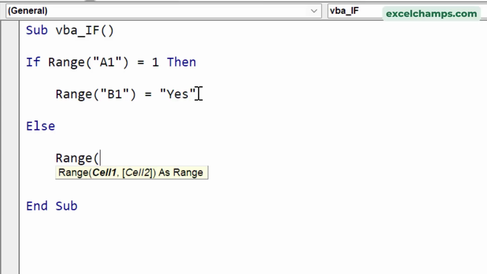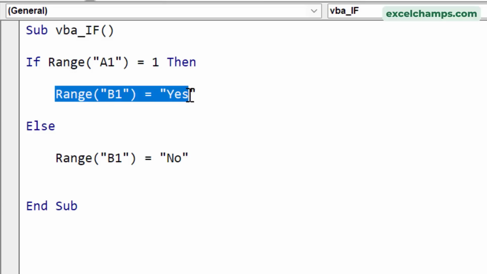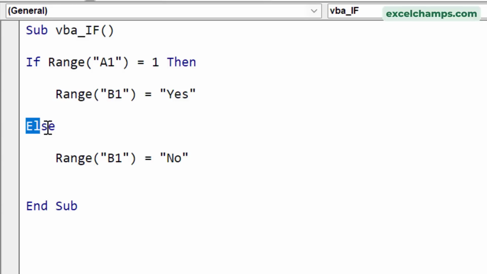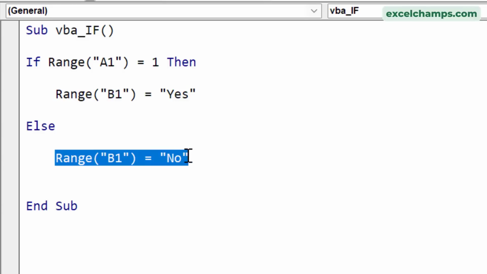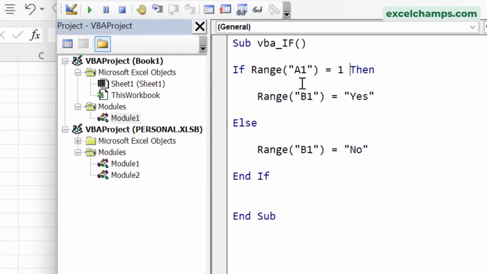So I will say Range B1 equals no. So again, the condition that we want to test, then the keyword then, the line of code that I want to run if the condition is true, and then the else keyword, and the line of code that I want to run if the condition is false. Now in the end, I need to use End If to end the statement. That's it. So now if I run this code,